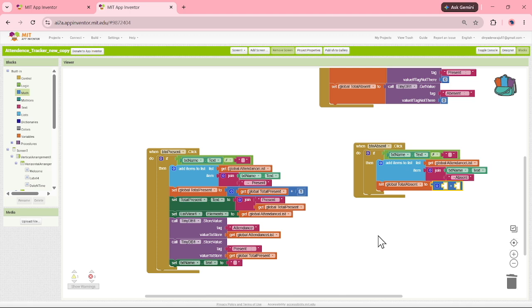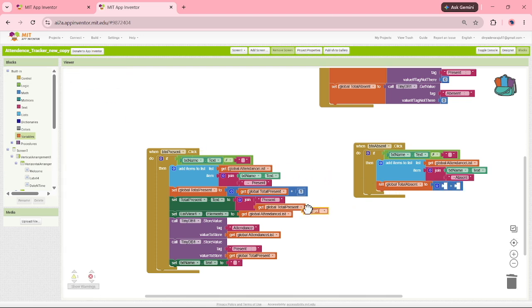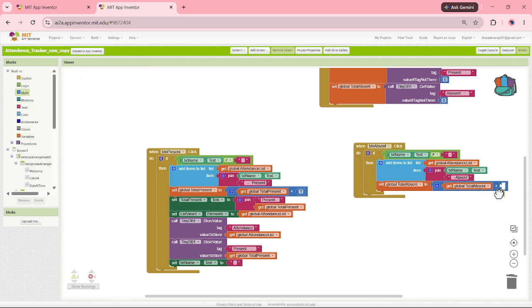Let's go down to the variable and get the command here, get total absent, and we're going to increment it by 1, and then